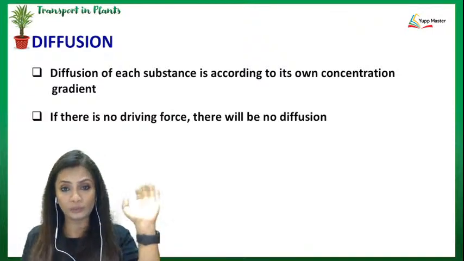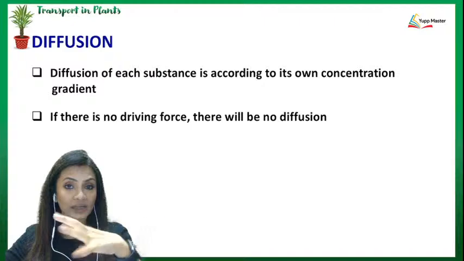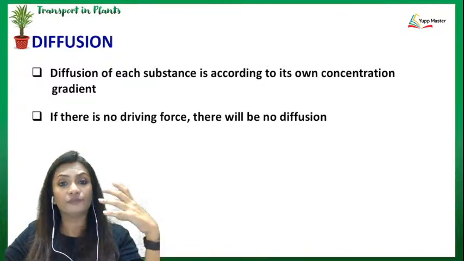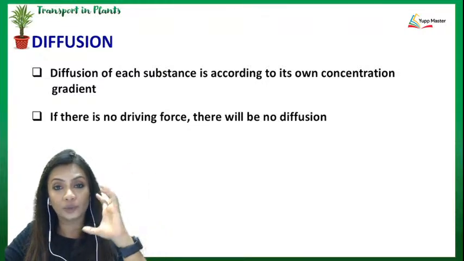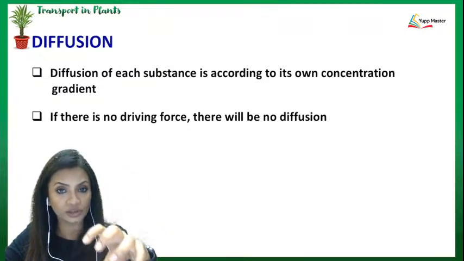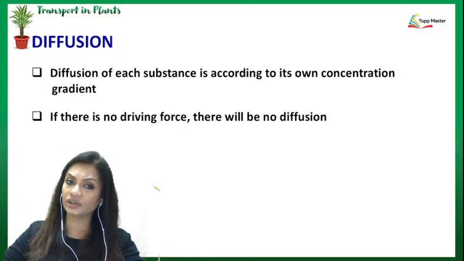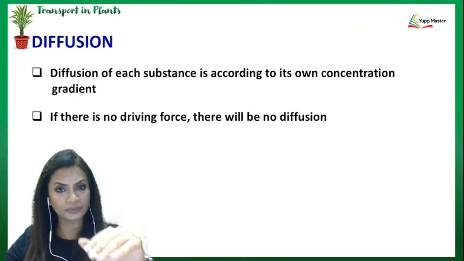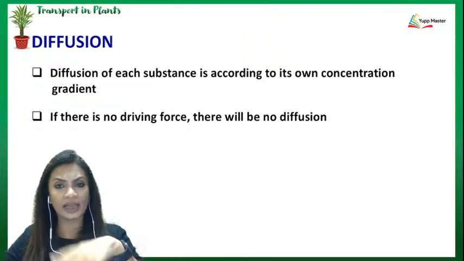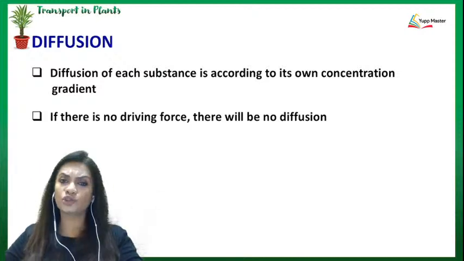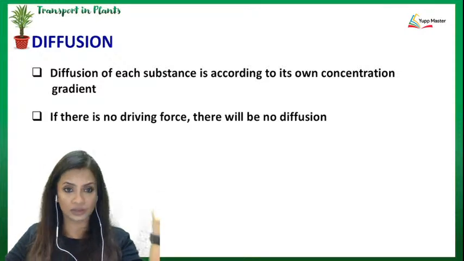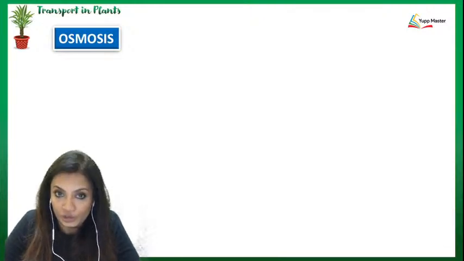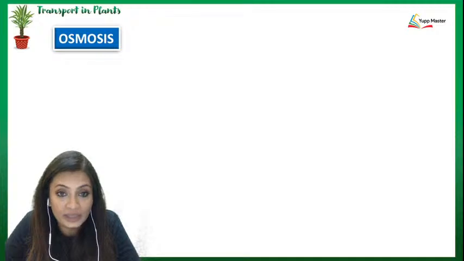So in a given room, if the odor molecules are already equally spread, then you're not going to find diffusion happening anywhere. Diffusion will happen only when at one region there is a high concentration of a substance and at the other region there is a low concentration of that same substance. Only then will that substance travel from the area of its higher concentration to an area of its lower concentration. Now, after the term diffusion, I'd like you to come to the next term,